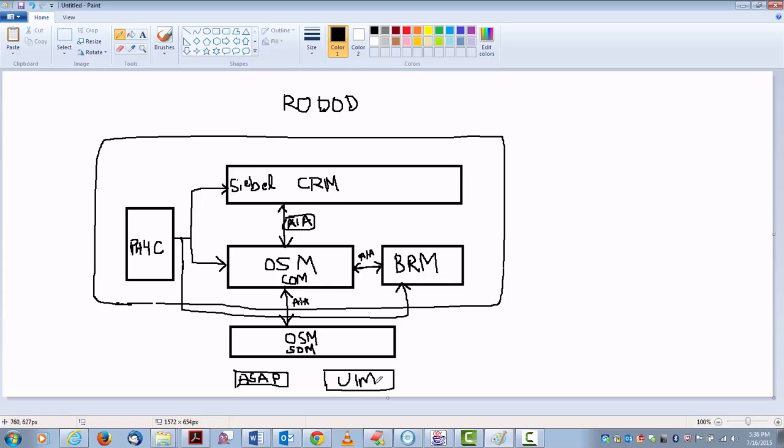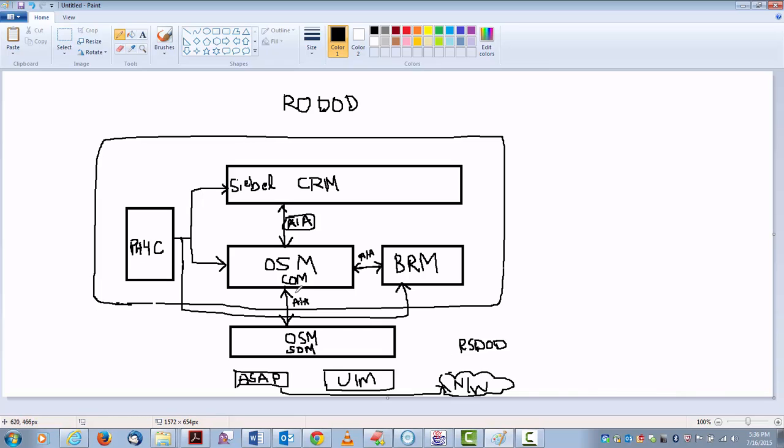They are part of, say, RS dot. So RS dot is a separate framework which takes care of service fulfillment. Here we have the network where we do the activations. So ASAP will basically talk to the network.